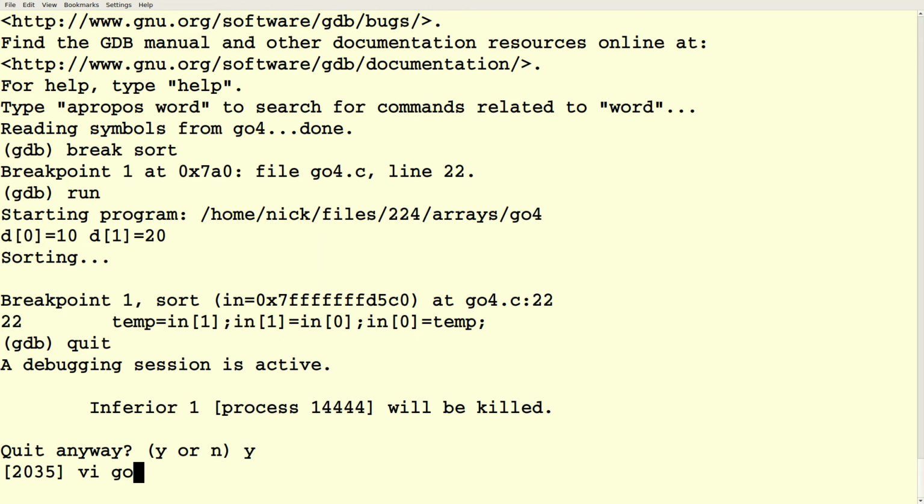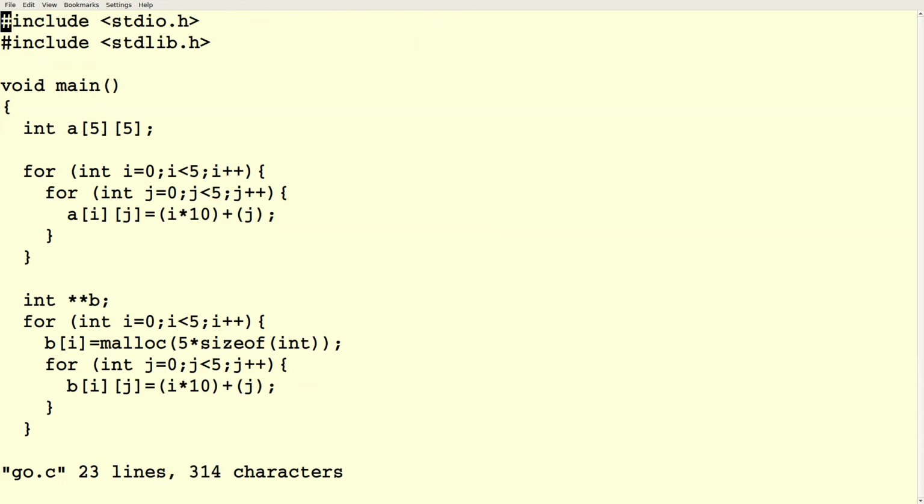Okay, here's the thing though. It's not the same for two-dimensional arrays. Can't do star star. You can, but it's not the same thing as bracket bracket. So here's an integer a[5][5], and I'm going to set element i,j equal to 10 times i plus j. So element 2,3 should have the value 23.